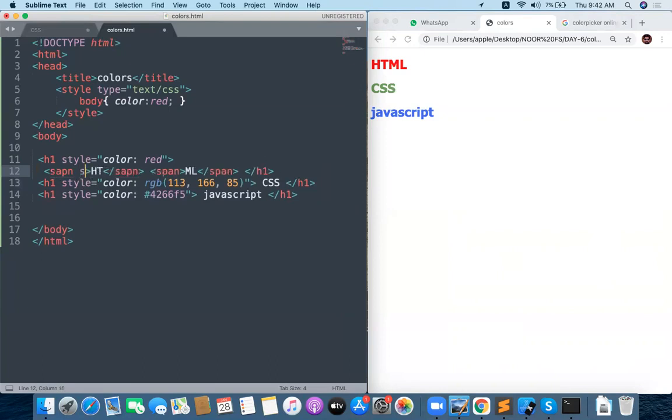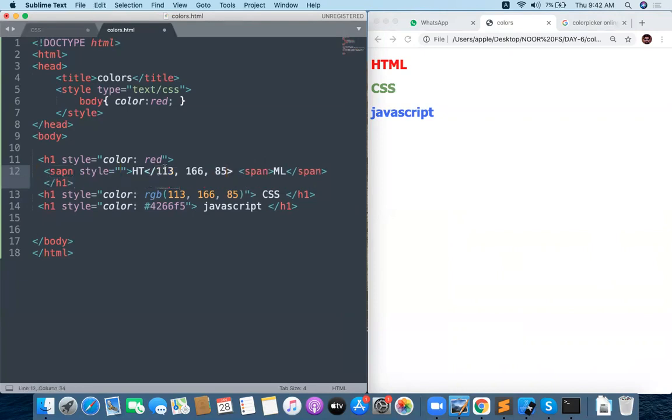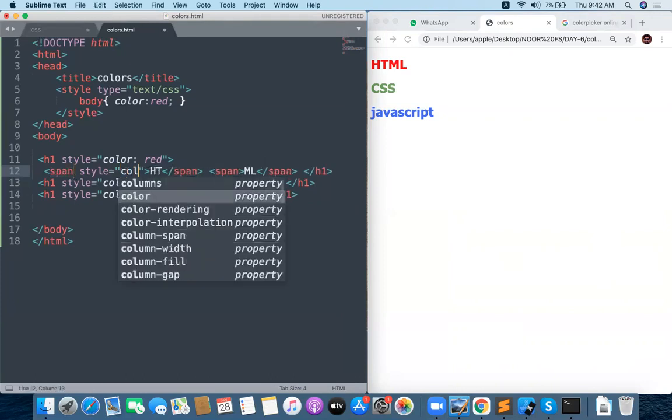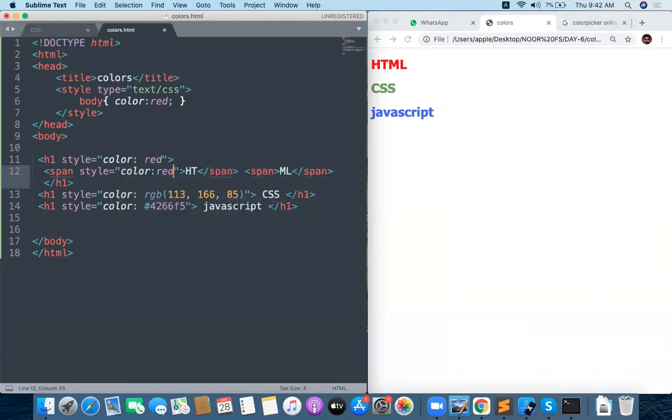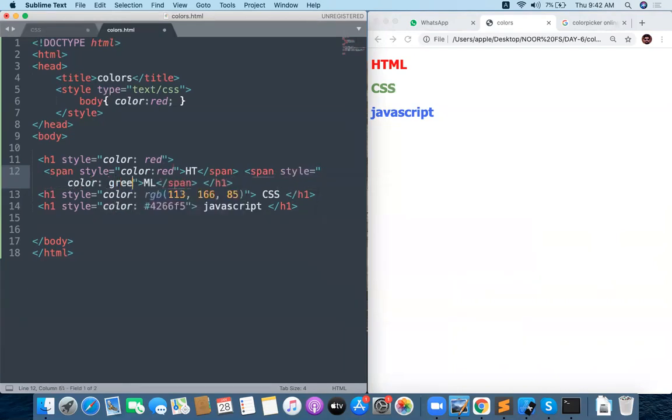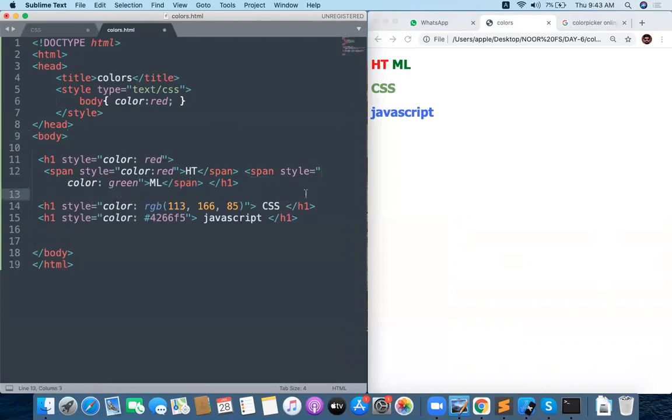For span you put a style: span style color red, and for this one span style color green. Whenever you do that, it will automatically change. That is possible.